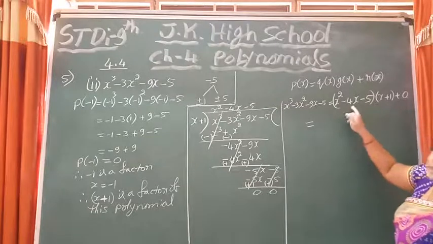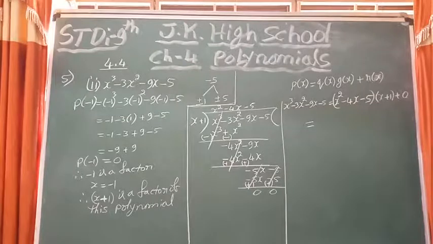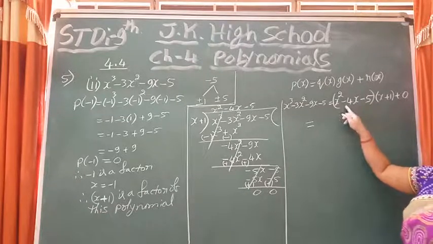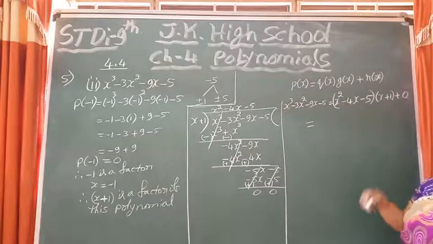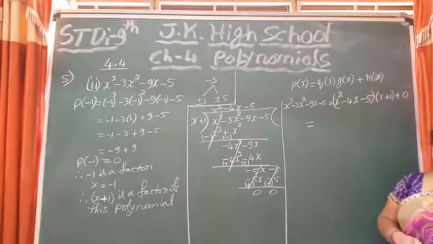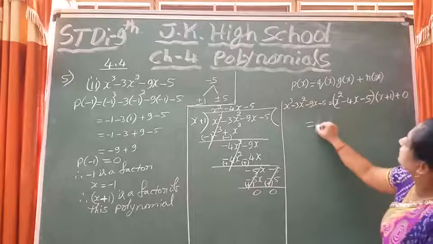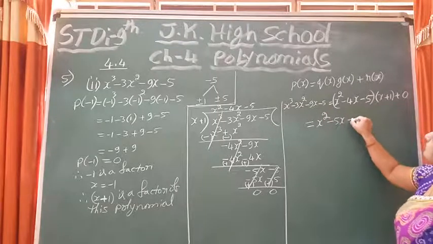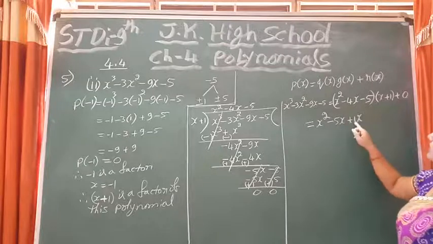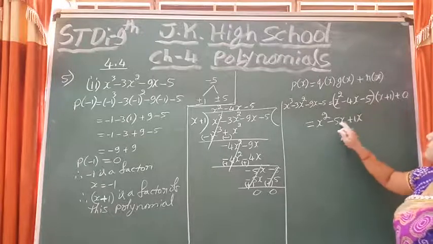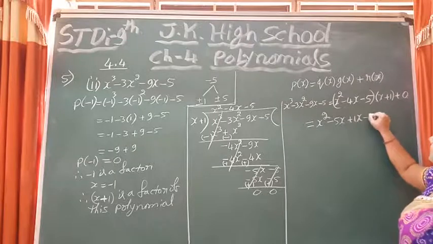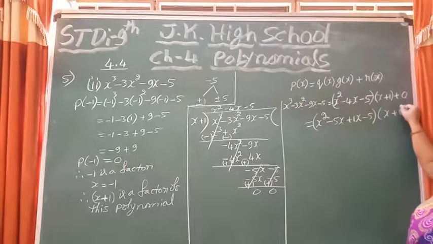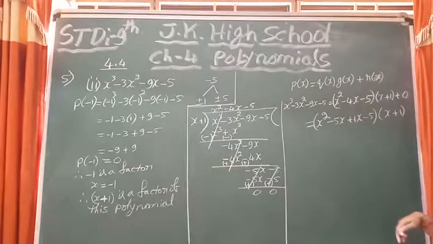So this polynomial, this is a quadratic polynomial, I can split. Now I have to split, when you multiply you should get minus 5. When you add or subtract the same numbers, I should get minus 4 as answer. So I have to get it that way, I can write the first term as it is. So when I multiply minus 5x plus 1x, minus 5 into plus 1 is minus 5, minus 5 plus 1 is minus 4. In this manner, I can find out the factor.